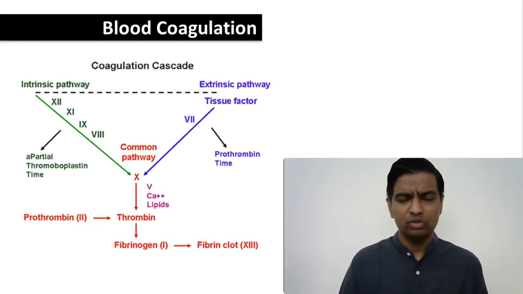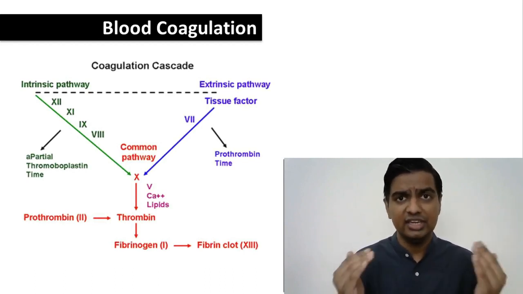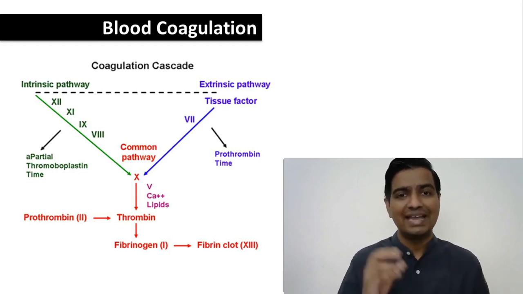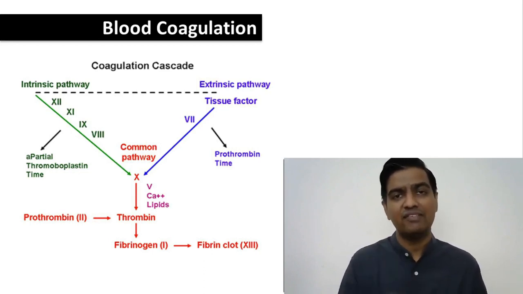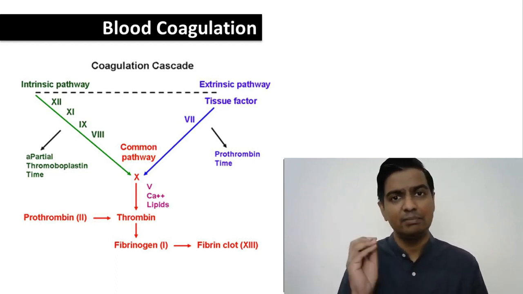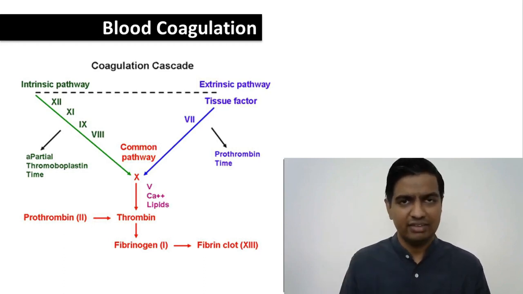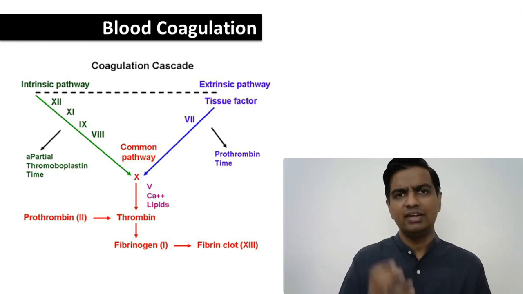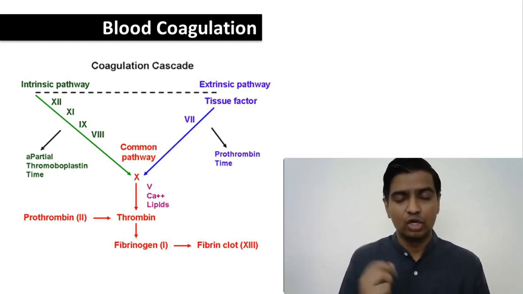Now, I presume you already know that the coagulation cascade is just a series of reactions involving numerous coagulation factors. The reaction eventually culminates in the activation of fibrinogen to fibrin, and fibrin forms the clot. There are two important pathways by which a fibrin clot can be made: the extrinsic pathway and the intrinsic pathway. The extrinsic pathway is activated by tissue factor. Along with activated factor 7, clotting factor 10 is activated. Clotting factor 10 then activates prothrombin to thrombin. Thrombin then activates fibrinogen to fibrin, and fibrin forms the necessary clot.